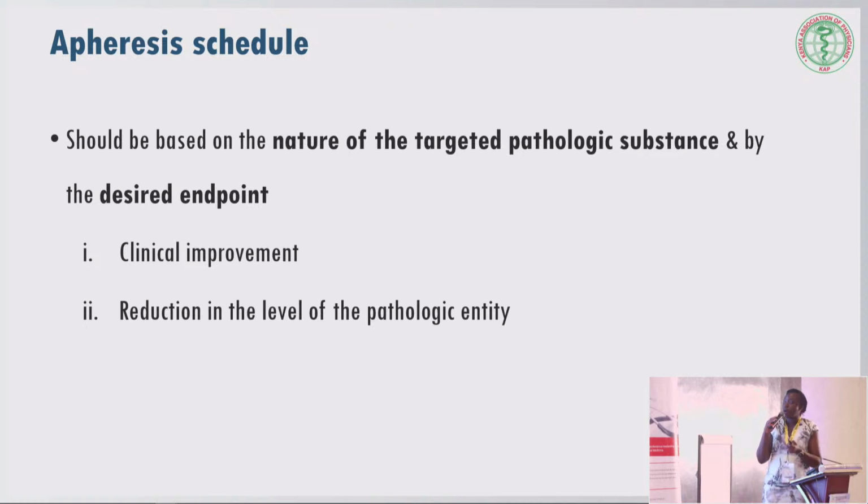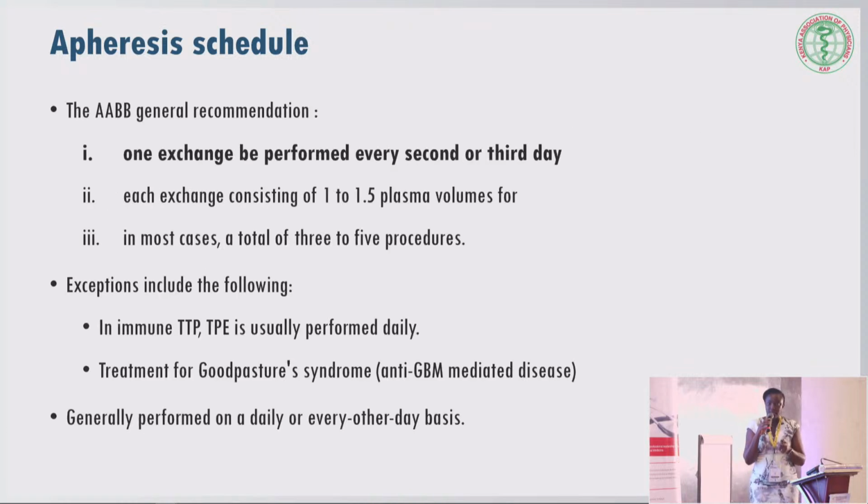So how do you decide the schedule for the patient? It depends on what your desired outcome is. Do you want clinical improvement, or are you looking at reduction in the pathogenic entity? Using that, you plan your schedule. Normally it's on alternate days so that you can allow some time for redistribution of the substance. You normally target 3 to 5 procedures, but we know that for certain entities there have been studies that show that up to 7 to 14 treatments might be needed for certain patients. However, for patients who have ITP, we plan for daily